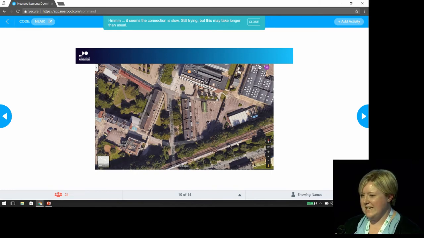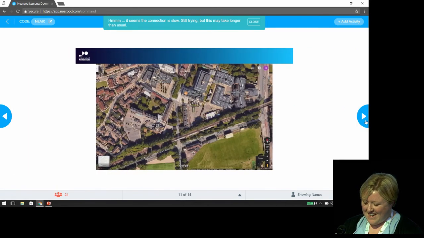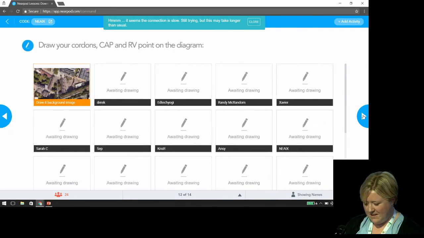So you just need to be conscious of how big you might want to make your scene. And this is just zoomed out another bit, but this is another major road. So your house is in here. So if I click on the next,